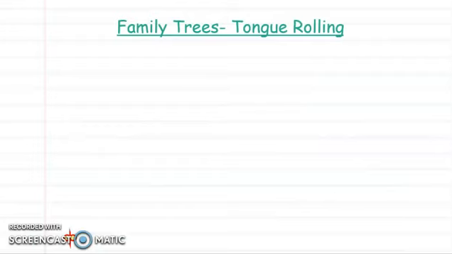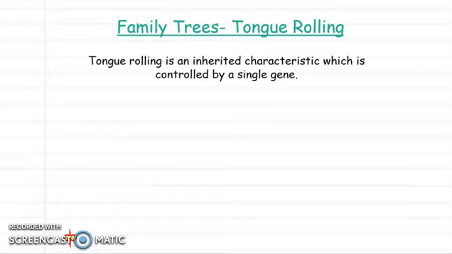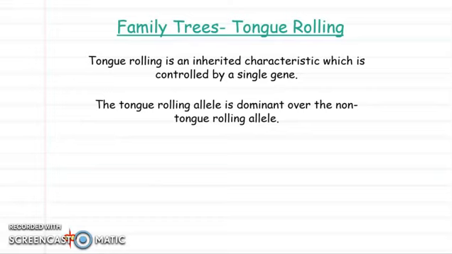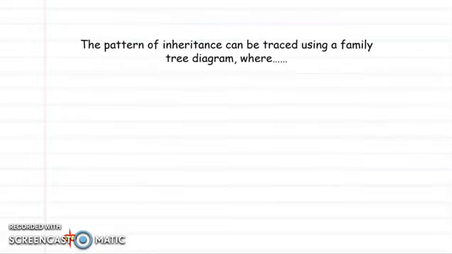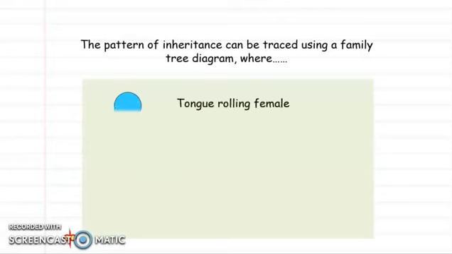Now, one aspect where we can use the same type of techniques as for a monohybrid cross is for designating genotypes in family trees. If we consider an example, tongue rolling is inherited, controlled by a single gene, and the tongue rolling allele is dominant over the non-tongue rolling allele. So big T equals the allele for tongue rolling, little t is the allele for non-tongue rolling. So if we use this to try and trace the pattern of inheritance in a family tree,